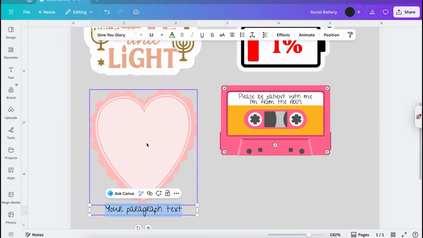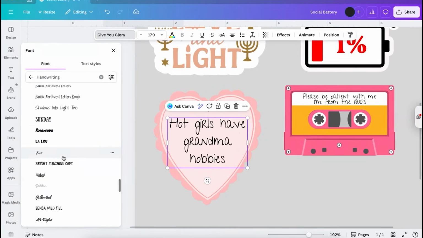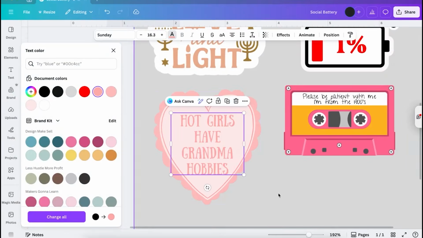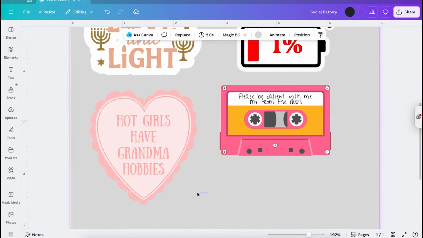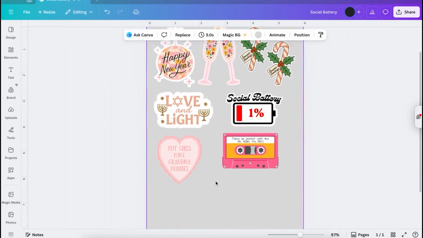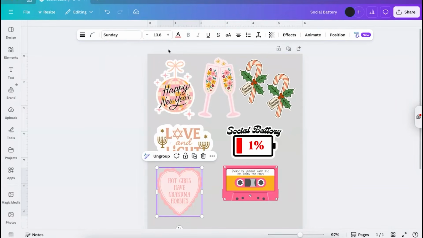And then I'm also going to add, I've been eyeing this sticker for a while. So I'm going to find love. We're going to change the color of this one. And I love a good tone on tone. And then once again, we're going to group these together. So after you have done all of the things added,